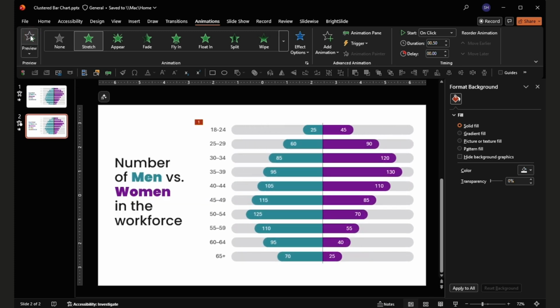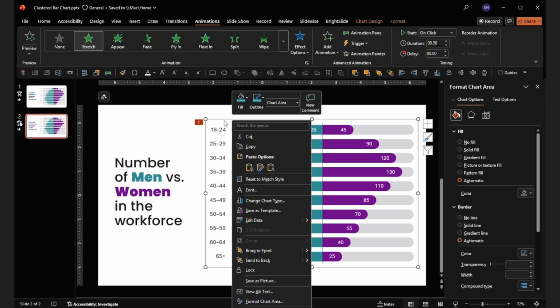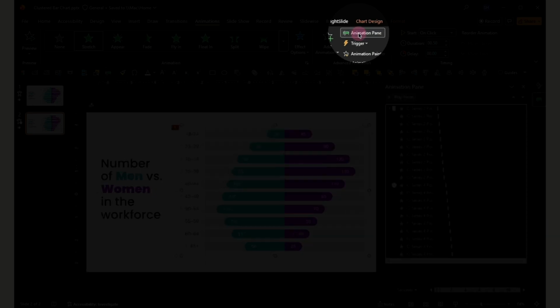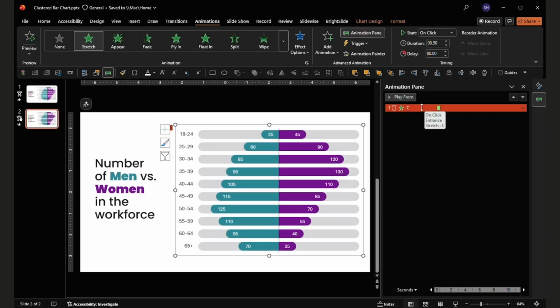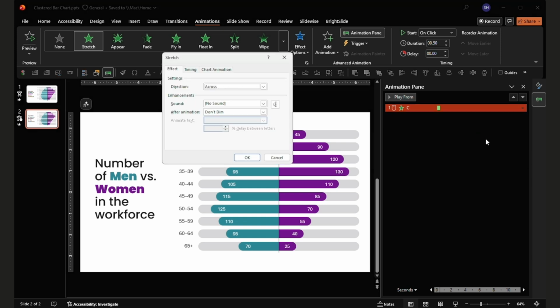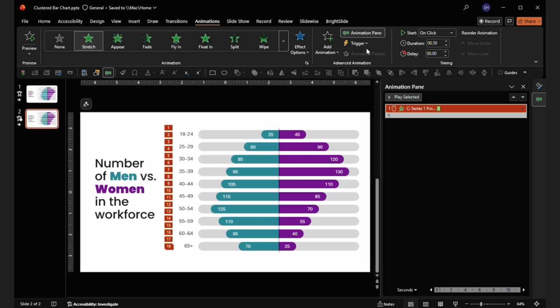Isn't that beautiful? Right. So clicking on that chart, you can go back to the animations pane, and up here, I want you to show the animation pane. And if I right click on what's there and I choose effect options, chart animation, I want it to come in by element in series. I don't want to start by drawing the chart background. That should just be there already. So just from that, let's see what it looks like.